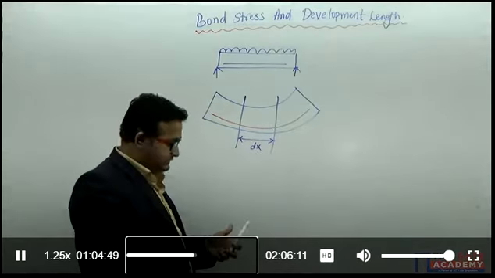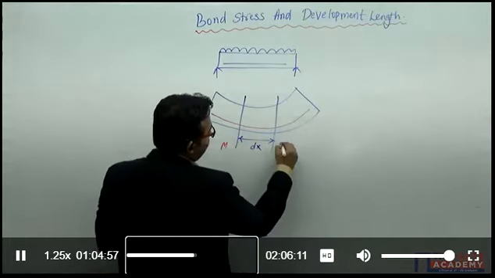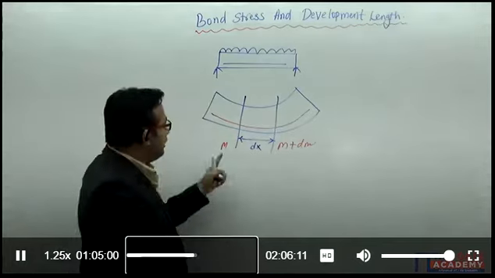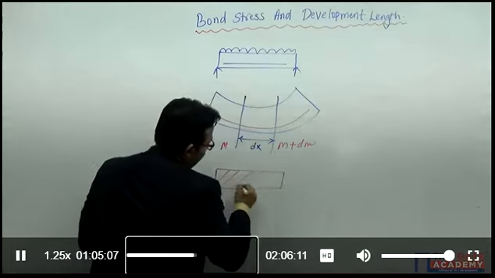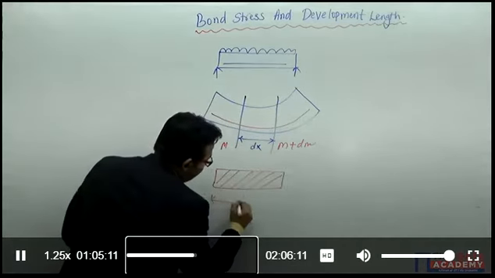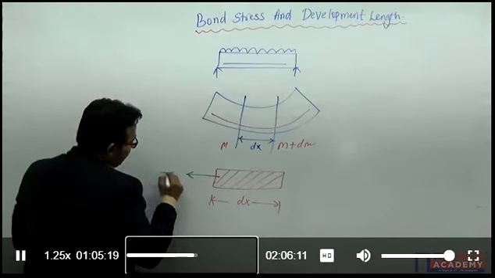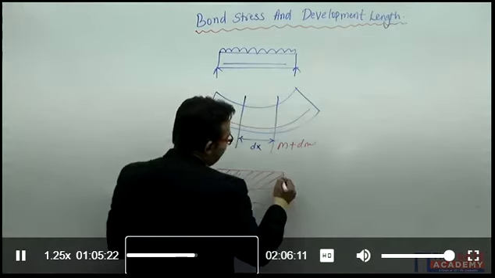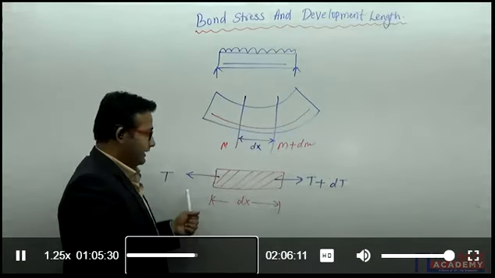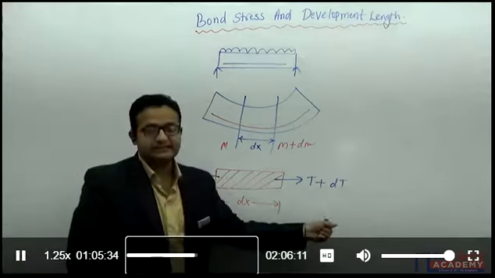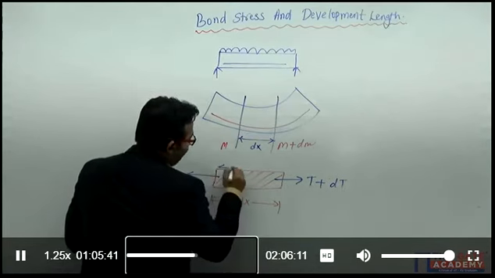In the previous lecture also we have discussed, there is an imbalancing bending moment between these two sections. Suppose the bending moment is M here, definitely it will be M plus dM there, right? So here I will be getting the force in the reinforcement. Suppose this is your reinforcement of length dx. At this end, due to bending moment M, I am getting the tensile force T, and due to bending moment M plus dM, I am getting the tensile force T plus dT. So what I want to explain here is that there is an imbalancing dT force, and this imbalancing dT force will be taken by concrete as shear stresses.